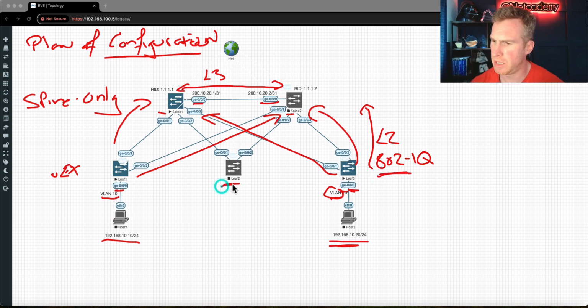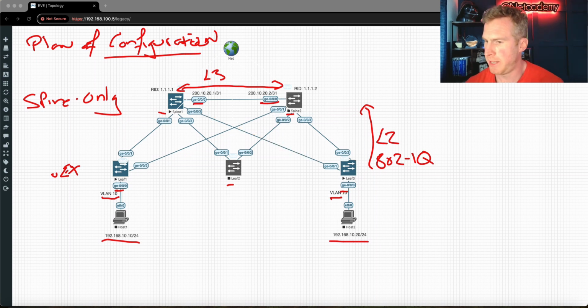There's nothing on leaf 2, as you can see, because there's no real need to make things complicated at this point. Two hosts, 2 tenants in the same VLAN is more than enough to show the configuration in a spine-only deployment. So the first plan of attack that we're going to go through is actually the IGP, the Interior Gateway Protocol. Now this is actually what's going to form the underlay routing protocol before we actually build on top